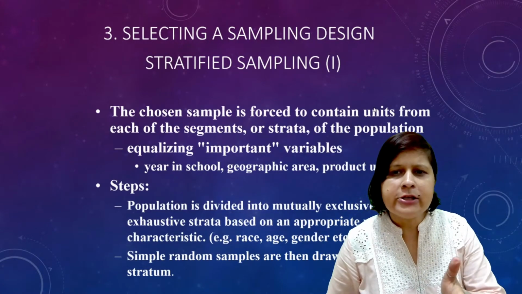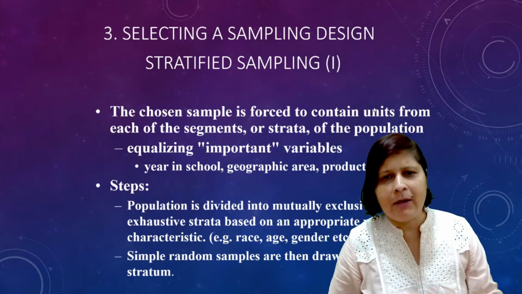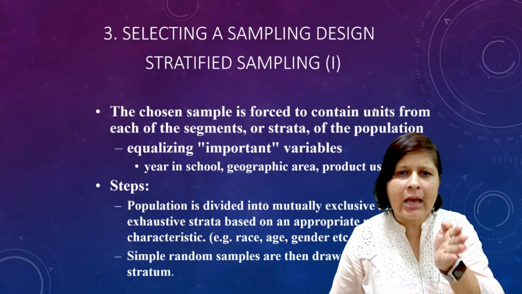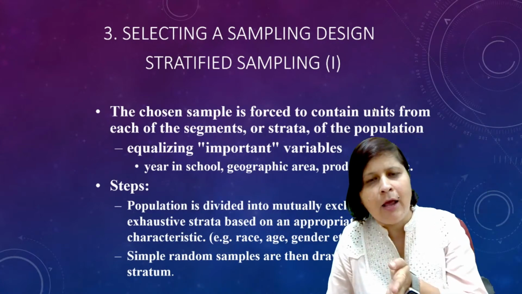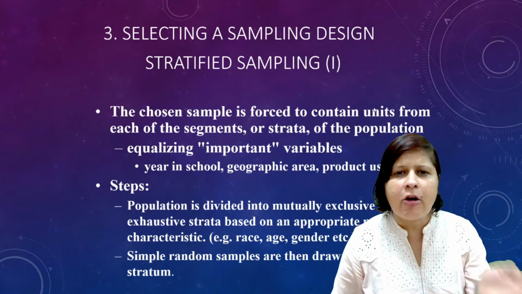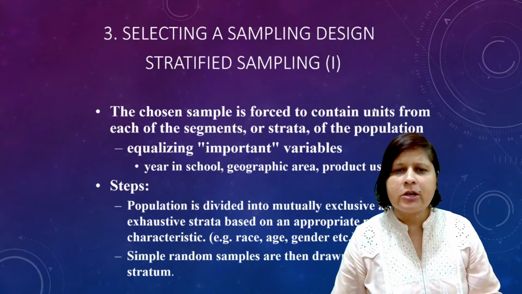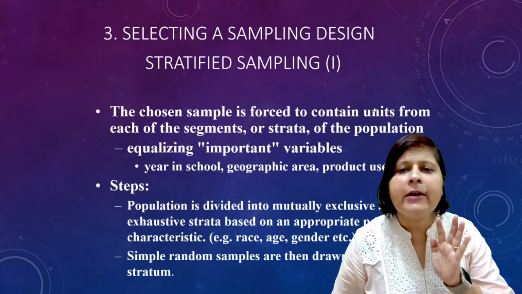Then I divide the population under study into two strata, males and females. Each and every individual of the population can fall under the category of either male or female. One cannot be a member of both groups. So the population should be mutually exclusive and exhaustive,